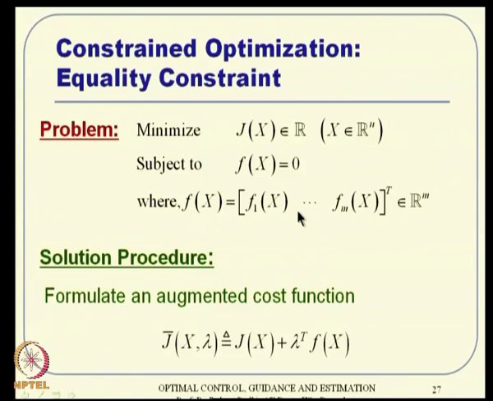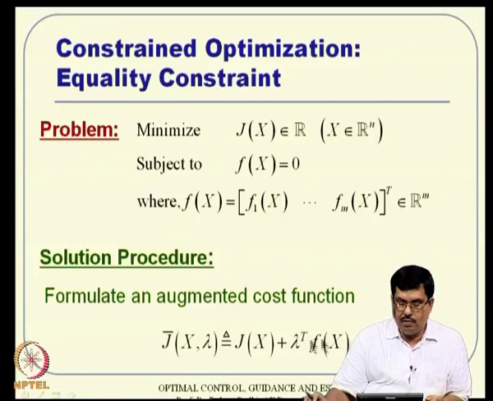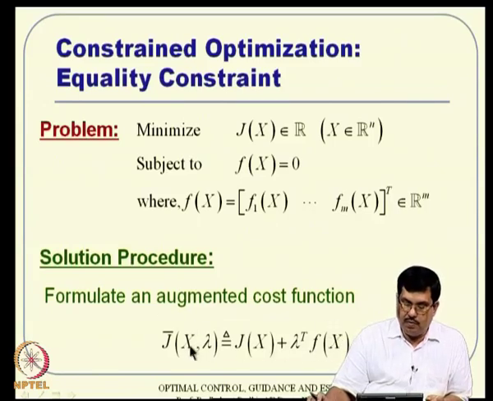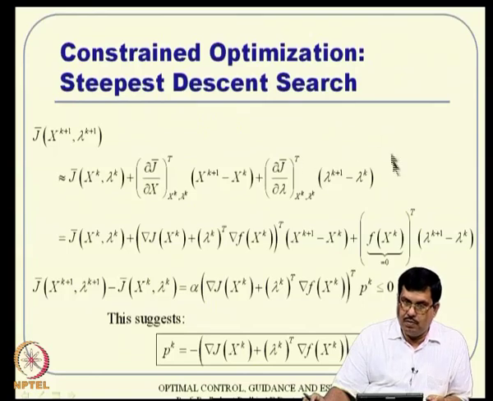Okay. Now, again coming back to the same idea, how do you handle these equality constraints? Again, as I told you, formulate this cost function, j bar equal to this one, and then interpret this as a free optimization with respect to x and lambda. So, carry out the same algebra, the Taylor series with the same thing, but you have to now cater for the lambda variables as well. So, now it is error in x and error in lambda as well.